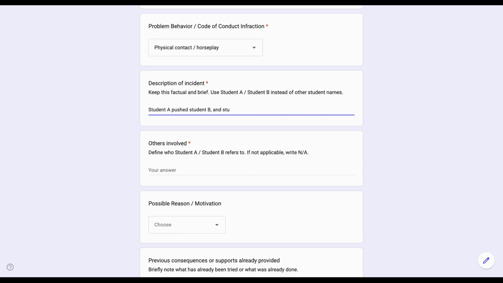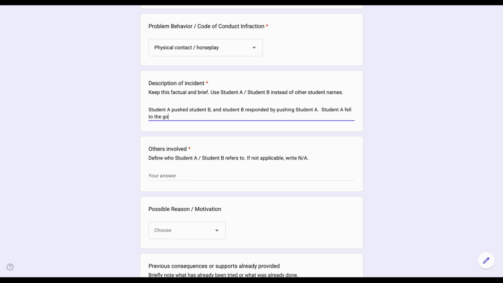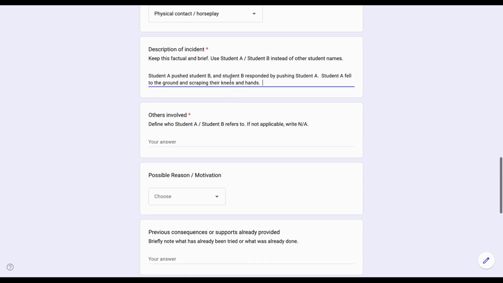and student B responded by pushing student A. Student A fell to the ground and scraped their knees and hands. So as you can see, I have more than one student involved in this,